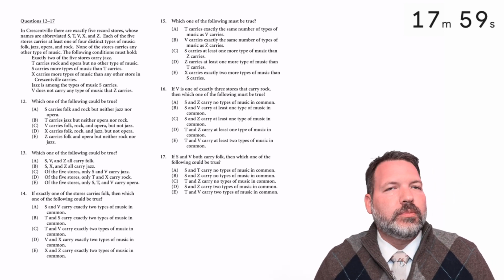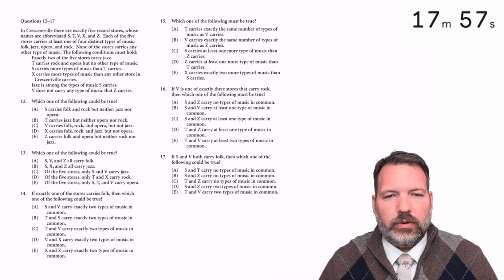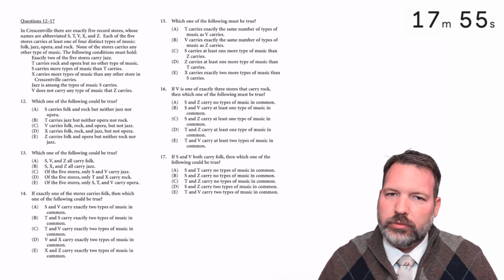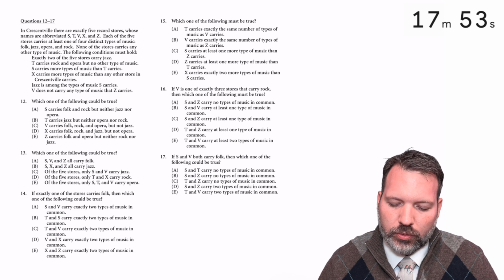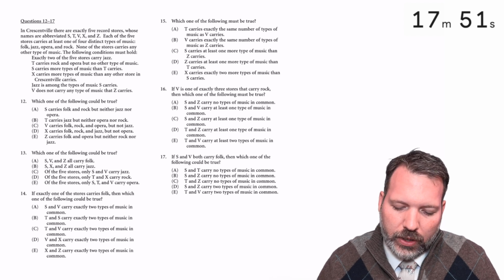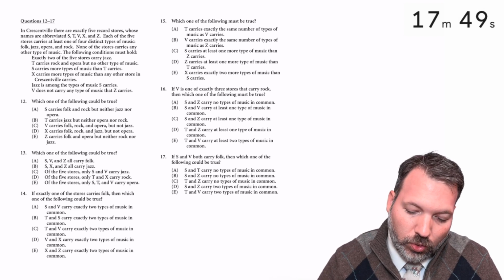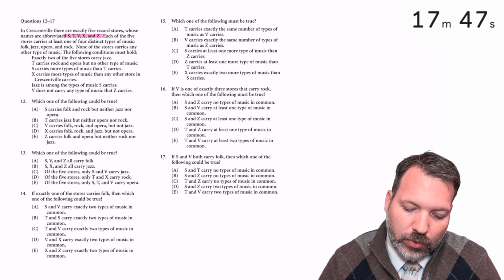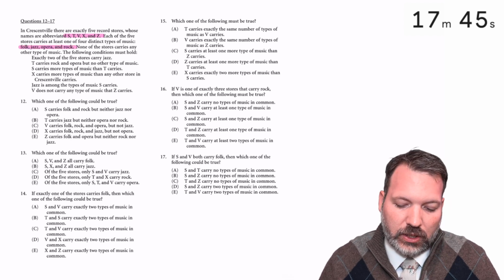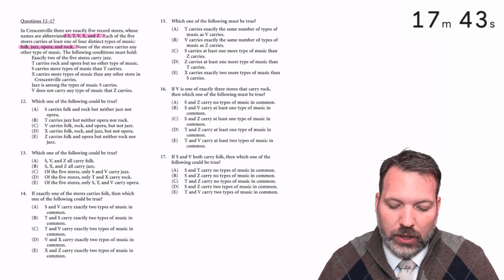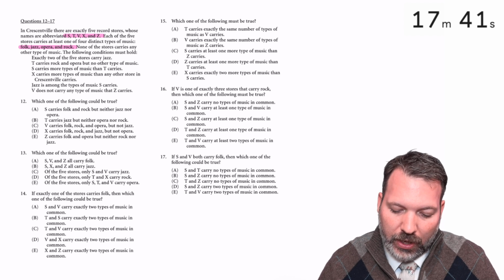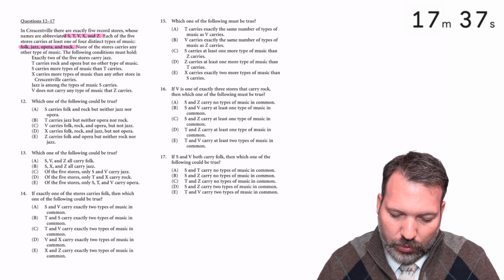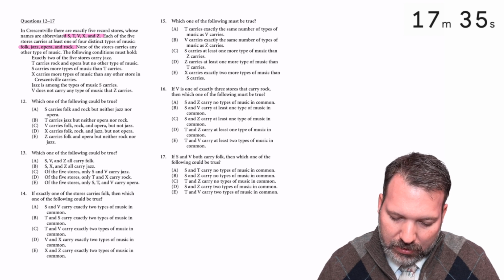Okay, so this is a grouping game, but here's what I'm thinking through. And this happens with grouping games where you don't necessarily know the sizes of the groups. Do I want the stores at the top of my diagram, or do I want the types of music at the top of my diagram? And then, of course, the other one would be the elements. Normally, whatever's abbreviated would be our elements, but as I'm looking at these questions,